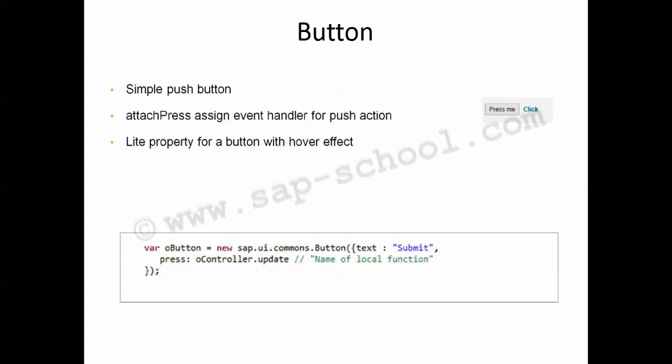After that, let's discuss the common ones which we commonly use. The first one is the button. So it is just a simple push button. So the button control represents a simple push button. It is used for initiating actions such as save or print. It can contain some text, an icon or both. So the order of the two can be configured by applying additional styles by custom classes.